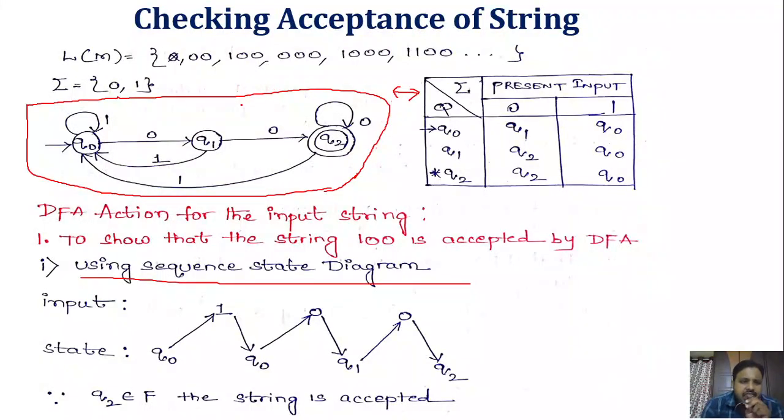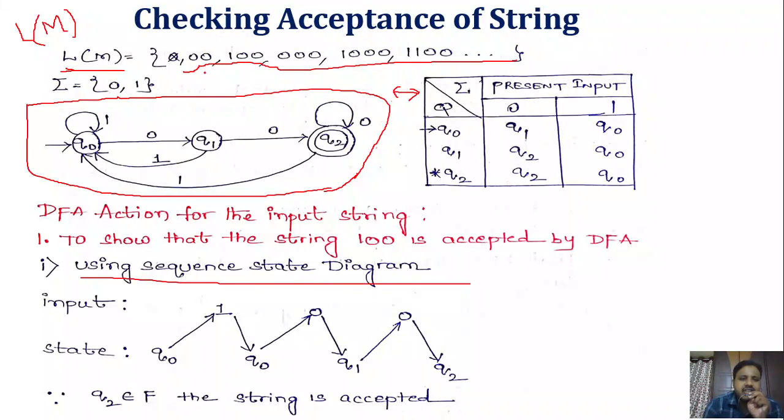So if we consider this DFA, we are able to determine the set of strings that can be accepted by the DFA. Okay, so I'm writing L of M. M is nothing but the DFA, right? So what is the language of a DFA? It is L of M. L means language, M means DFA. So L of M means the language of the DFA. So the language of DFA M consists of the set of all strings that are accepted by this DFA.